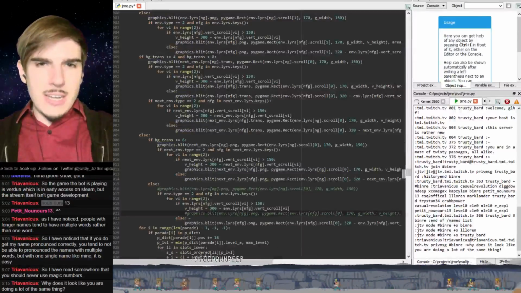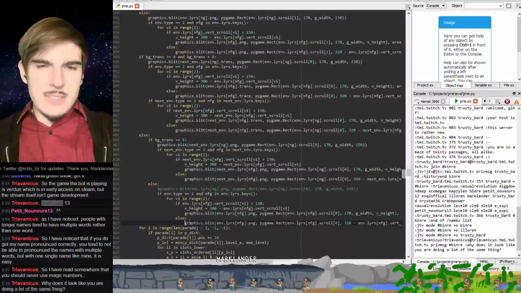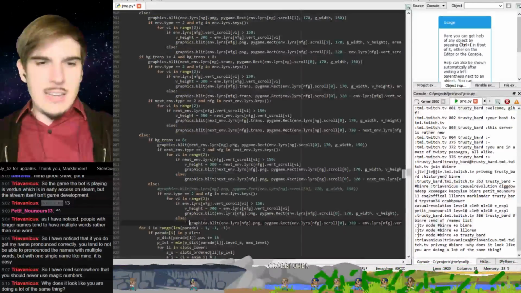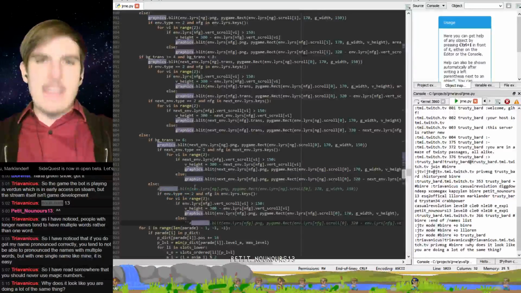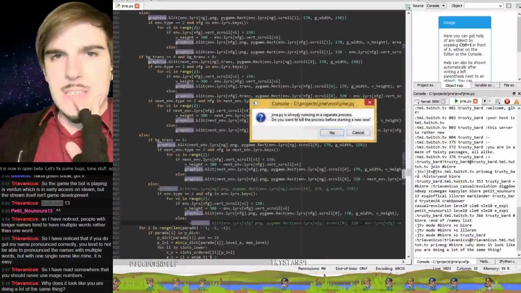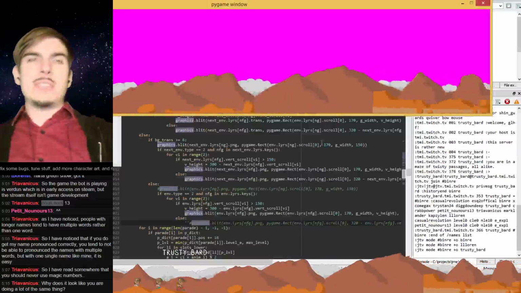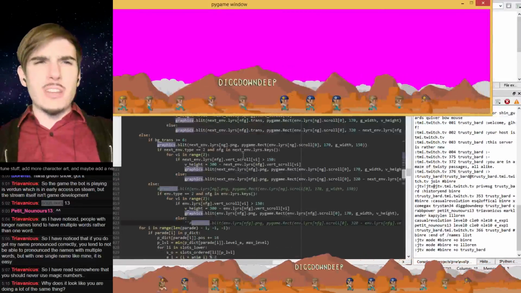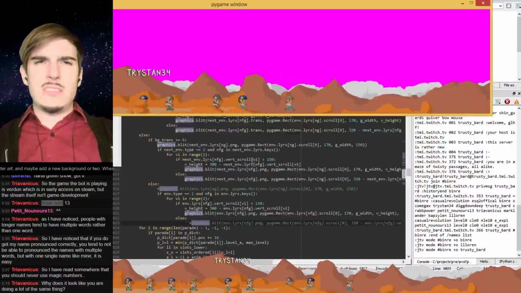I'm gonna try. Oh no, that one's not drawing anyway. So I'm gonna try commenting this one out. And now nothing should draw in those spaces. It should be completely empty. If it's not completely empty, then whatever's drawing those things is weird.